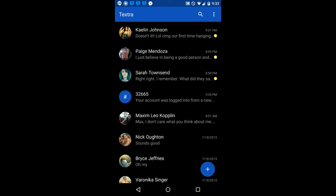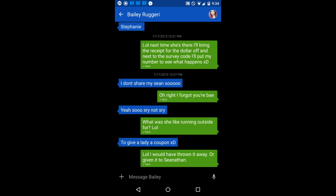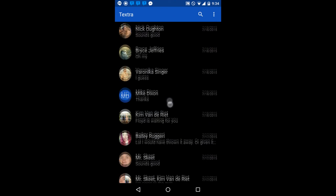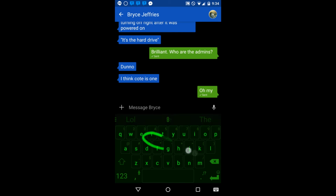Now we'll go over the things here down at the bottom. So left here we have Textra, which is my SMS app of choice. We have the black material design theme going here. So if I open a text with somebody here, you can see it is a very attractive interface. And then if I open the text here, I have the SwiftKey keyboard installed,